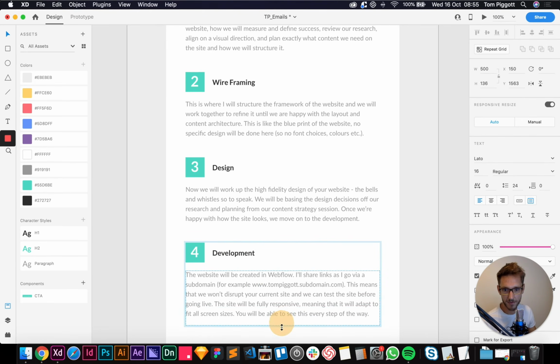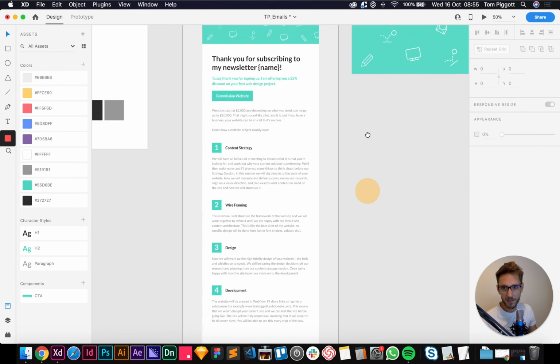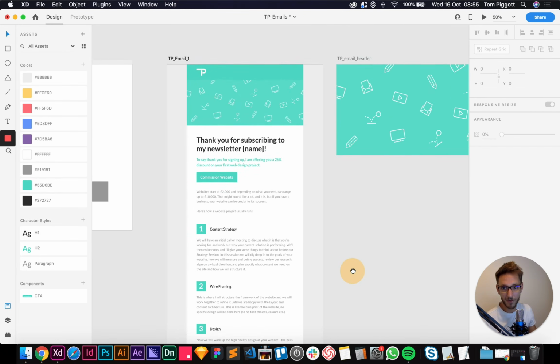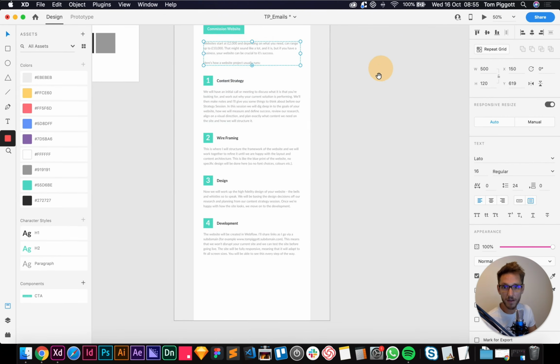Paste that in there, make sure we reveal our text and then close it up so we're nice and neat. So here's where we are so far. You see, we haven't really been going that long, and we've pretty much got the whole design done. This stuff doesn't take that long.